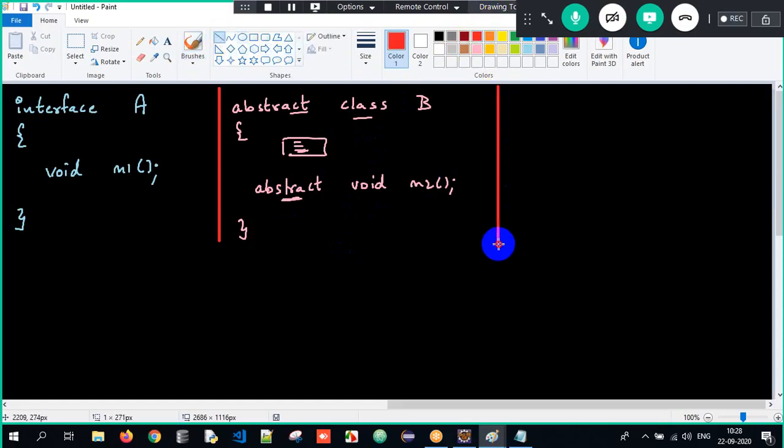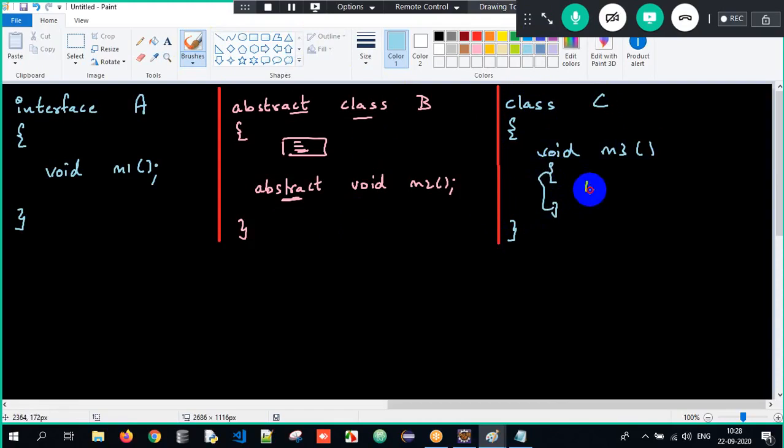The next part we are supposed to understand is a concrete class. Normal class C. A concrete class can allow only concrete methods. So I'll have an M3 method, with some implementation that prints hi.